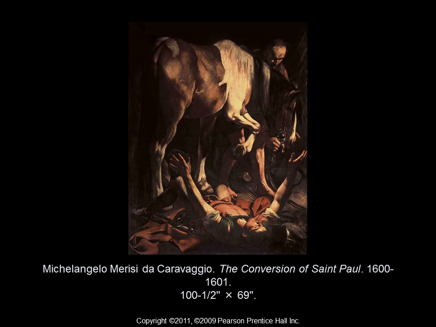This painting is the Conversion of St. Paul, made between 1600 and 1601 by Michelangelo Merisi da Caravaggio. We will call him Caravaggio for short. Caravaggio was known for using a technique that was an evolution of the chiaroscuro technique. His technique was called tenebrism, which means dramatic light effects. Dramatic light effects, or tenebrism, is symbolic of a blinding flash of light that symbolizes a religious epiphany.